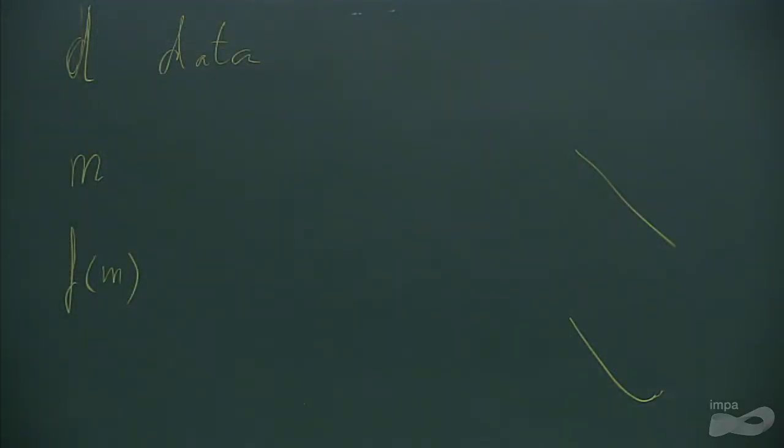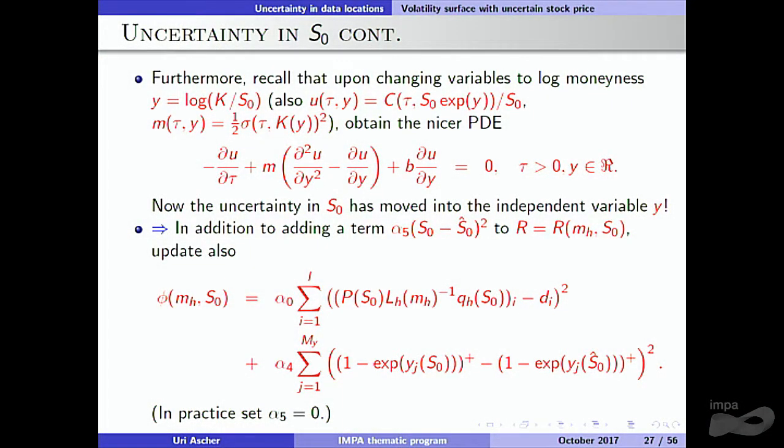Okay. The point is, however, that remember we had K, but then we defined the y here to be log of K over S sub 0. If S sub 0 has uncertainty, then y, the location, the independent variable, suddenly has uncertainty. Fortunately, it is a one-dimensional uncertainty. But still, it is an uncertainty that creeps into the locations of the data. Here, it's a relatively simple one compared to this triangle mesh. And so we know what to do. We basically add this term to the previous phi. Okay, and